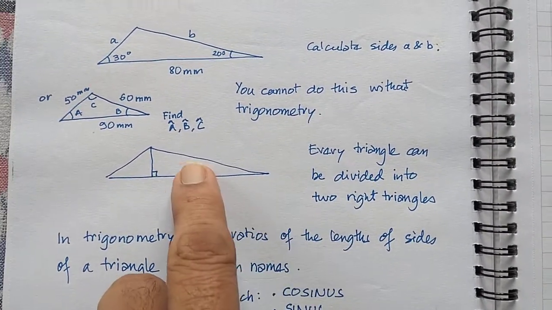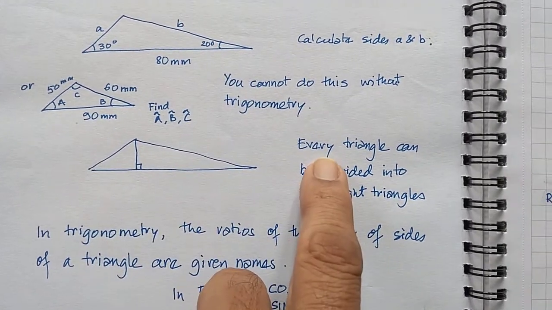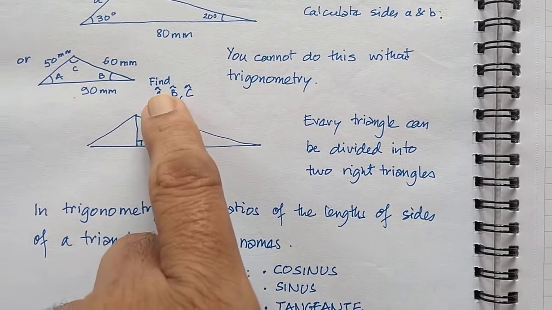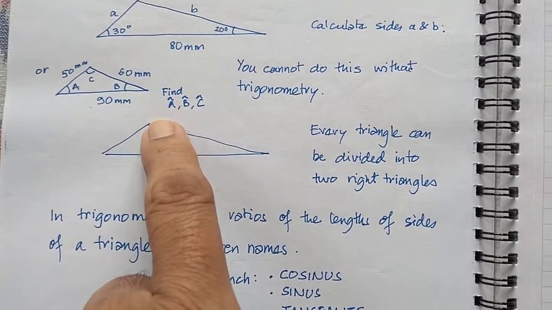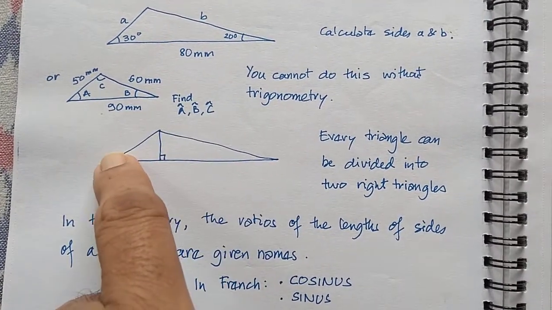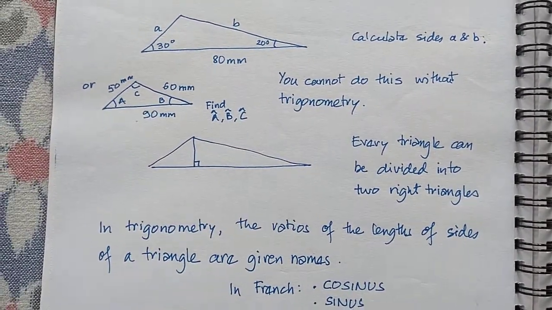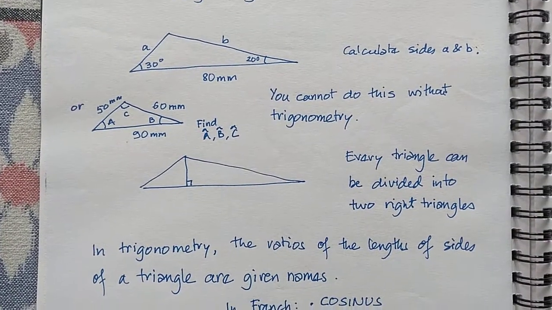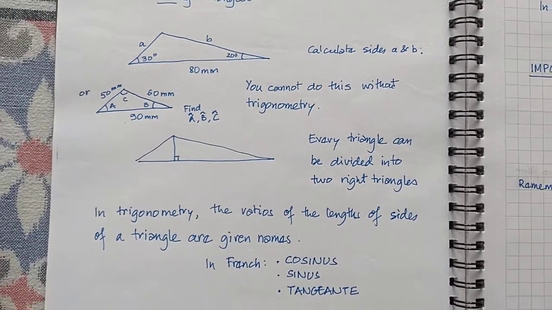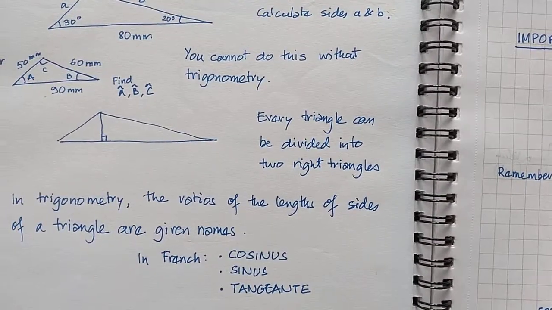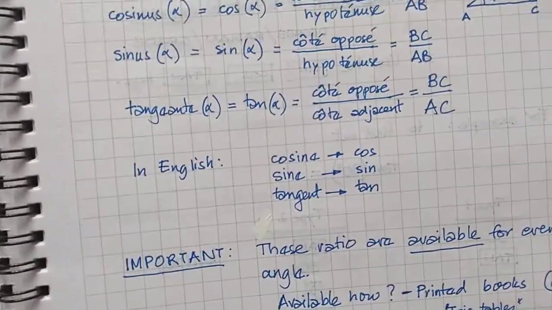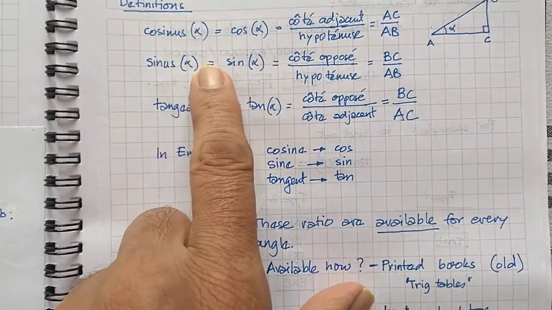And then I said one of the ways to proceed is that every triangle can be divided into two right triangles. If I drop a perpendicular there, then I get one right angle triangle like that, one triangle rectangle like this. So today we will see how exactly to do that. And just before we start on that, I will revise what we have done so far in these preceding videos. Remember, first we defined these functions,